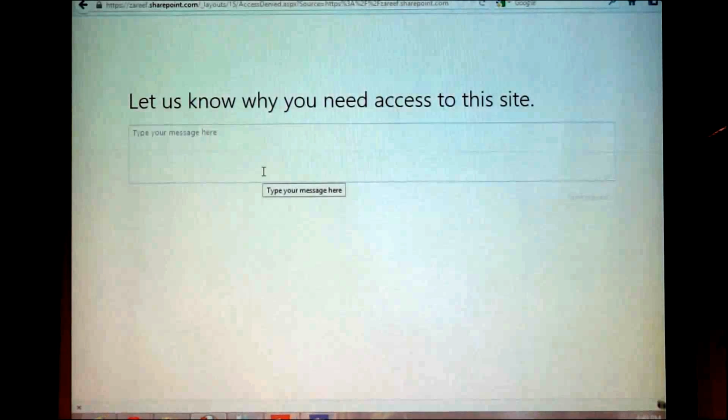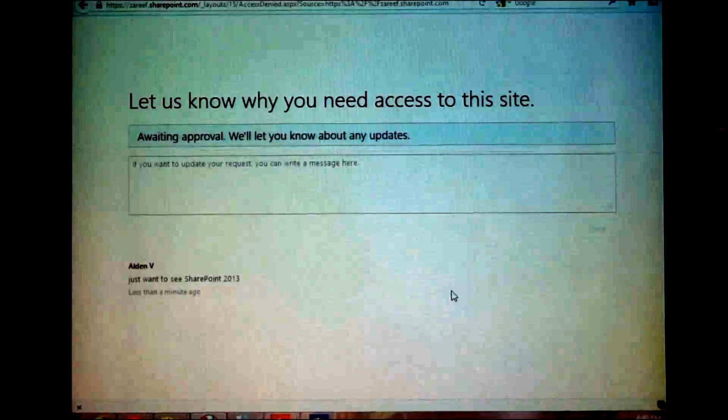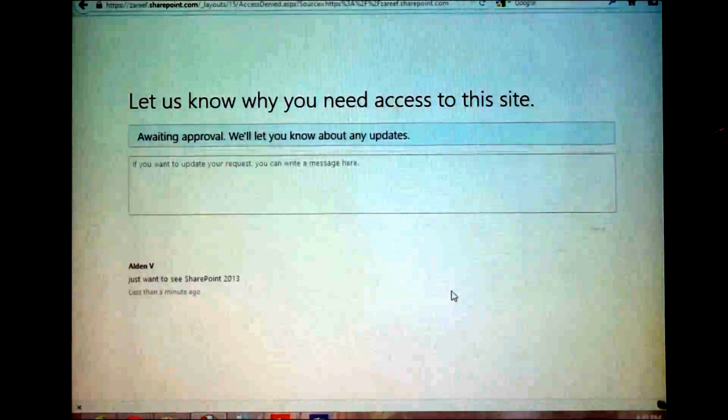You don't have access. But it's not just saying that you don't have access, it's asking why you need access, please let me know. Just want to see SharePoint. Click send request. It will send a request to the administrator.